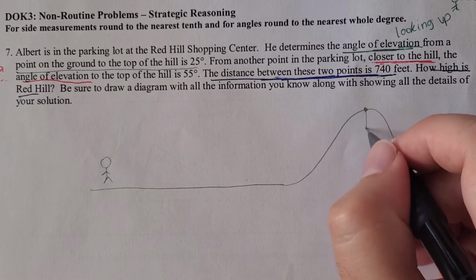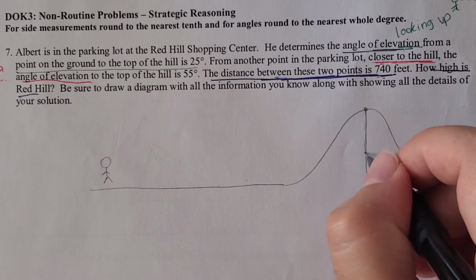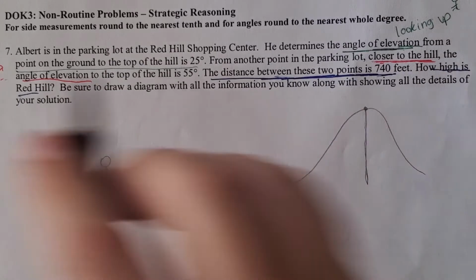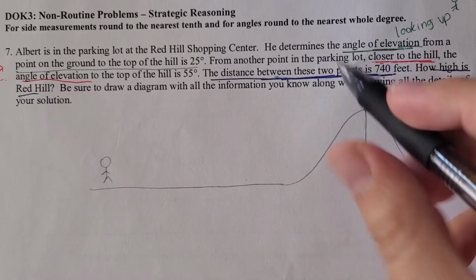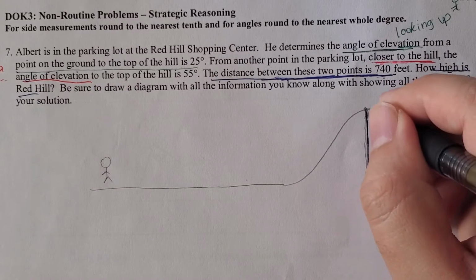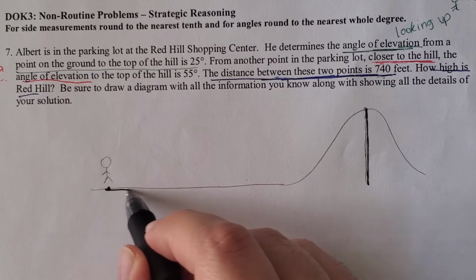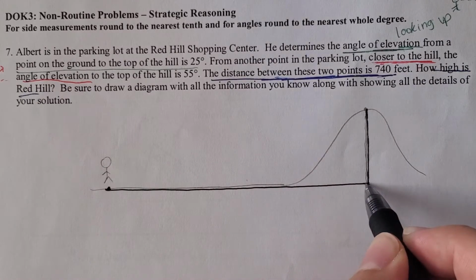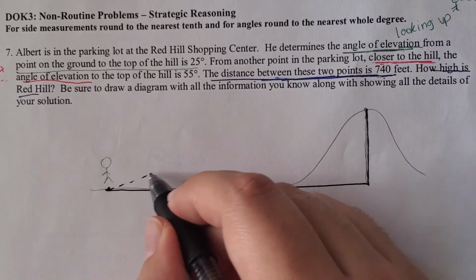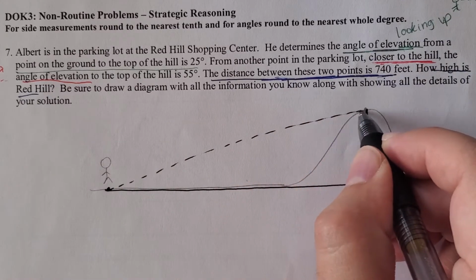So let me draw a line straight down, because when we're trying to figure out height, that's how we figure it out. It's just going straight down. So trying to figure out how tall it is. And then I'm trying to figure out from this point all the way over here, and then I'll just make this triangle over here, way over here to the